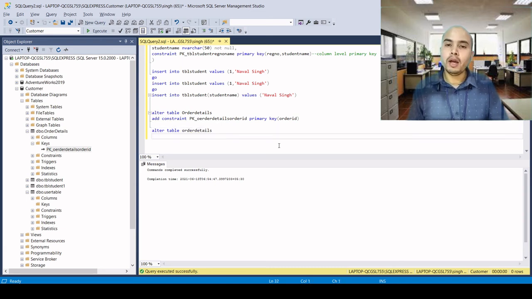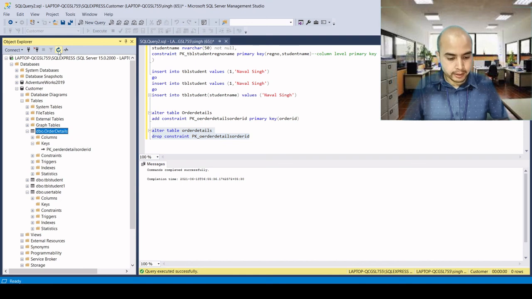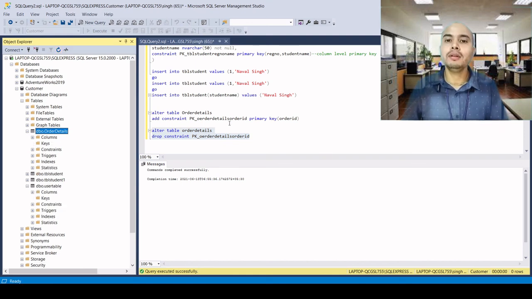Every time we delete anything in SQL, we write drop constraint, and we need to give the constraint name. The constraint name is already this. So that's it. Here you can see that we have deleted the primary key constraint. And let's see, do we have the primary key over here? No, we do not, because we have already deleted it.